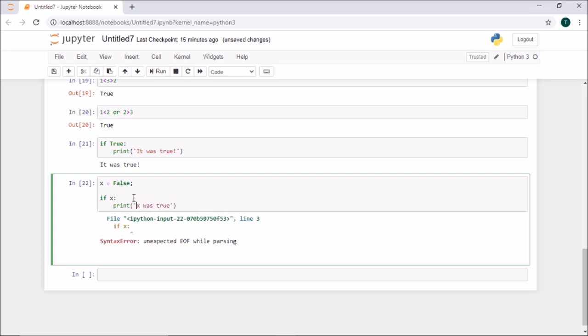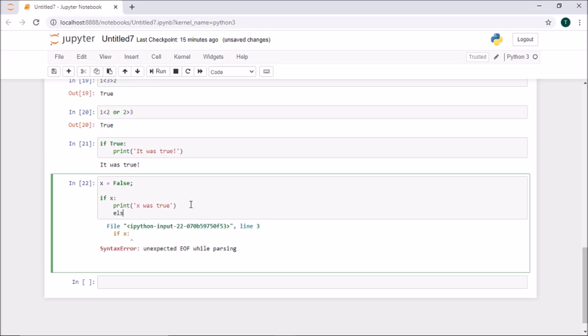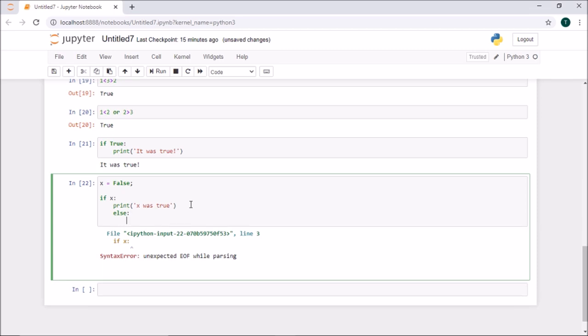Okay, x was true. Okay, so else, if it is not true, just print me a value or print me something, print x was false. Okay,